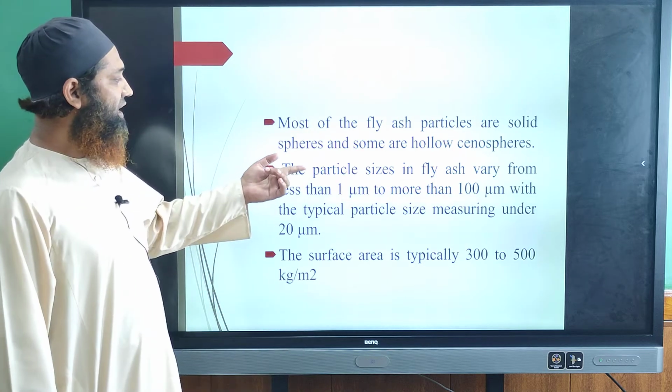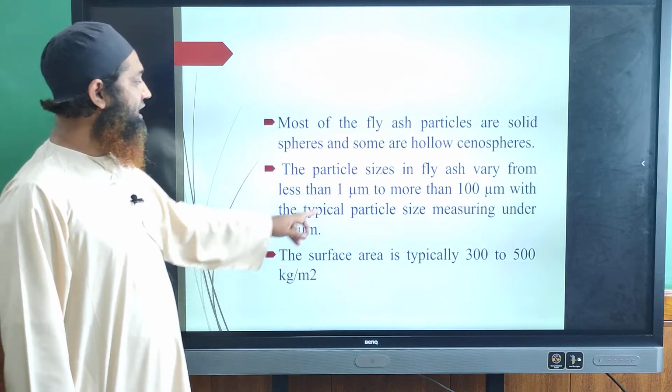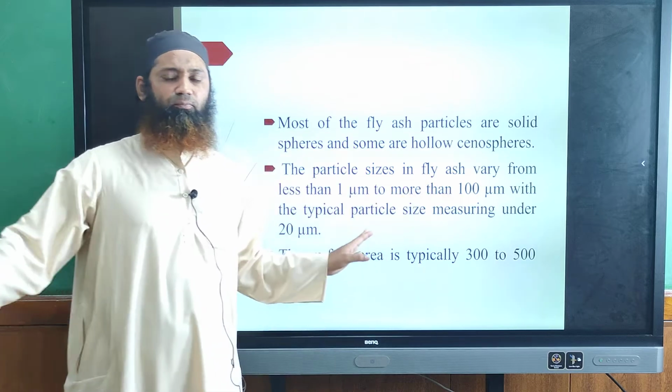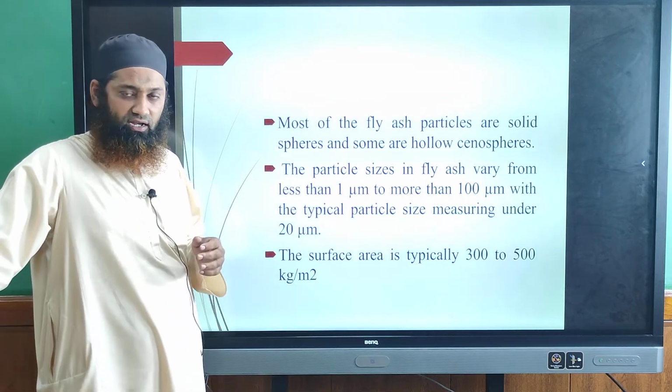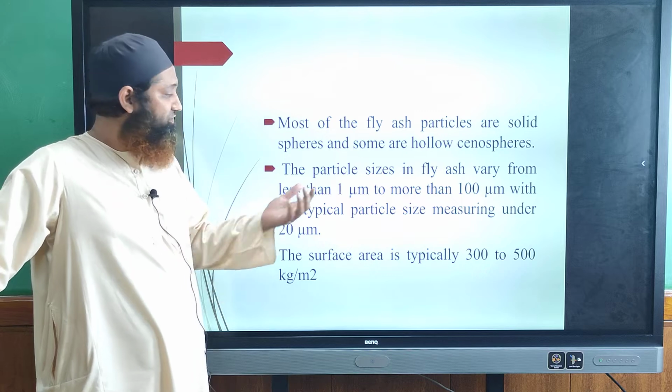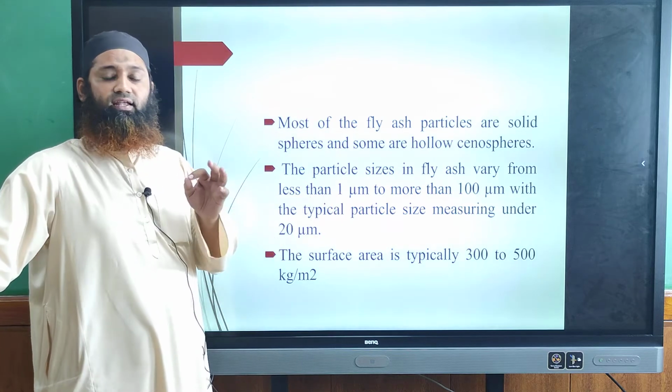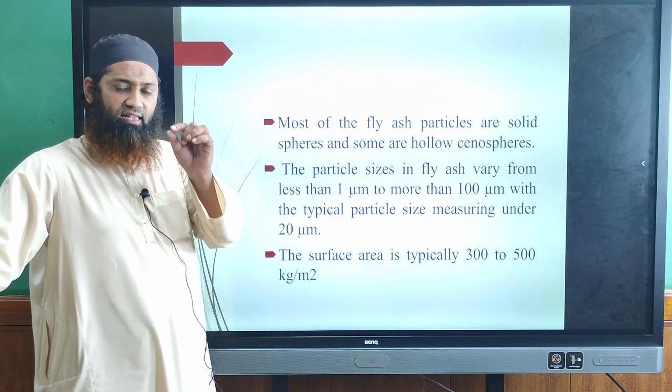The particle size of fly ash varies from less than 1 micron to more than 100 microns. This is important here. What is the size of the particle that we get from the fly ash? As I told you, it doesn't come in small particle size. They come up in small